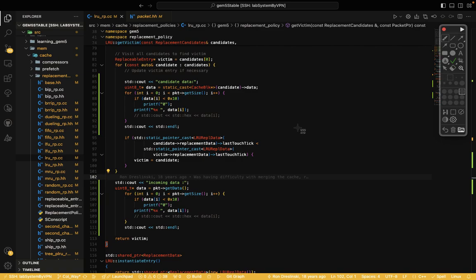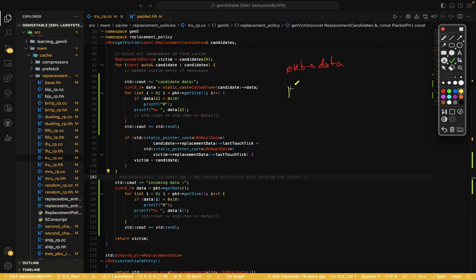Okay, let's write something to remember. We have the data of the packet. Packet data, we set it to point to the array of the data.